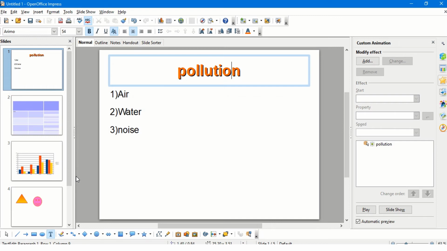Whereas slide animation refers to the different types of animation effects which might be given to the objects inside a slide.